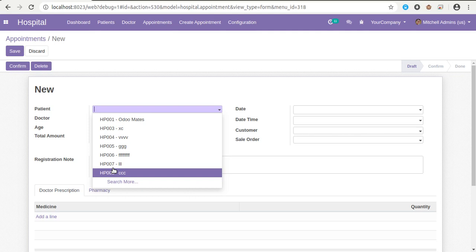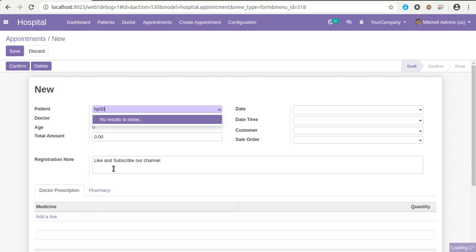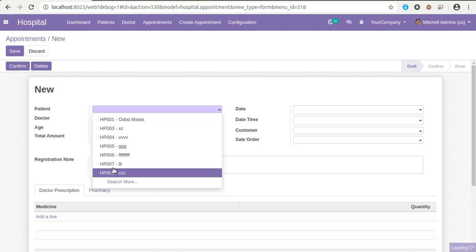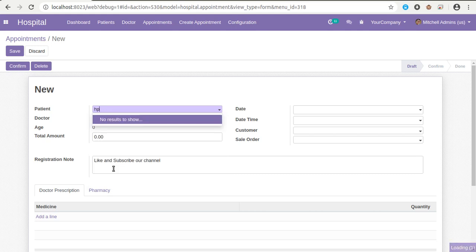We must be able to search based on the unique value, which here is the sequence. In some cases it might be the admission number or something like the patient ID. In our case we have given the unique ID to the patient. The staff sitting at the front office, if a patient visits and asks for an appointment, might say the patient ID, not the name. So we must be able to search based on the ID, that is HP008. Let's see how we can make it possible.